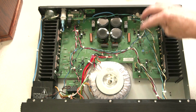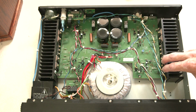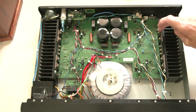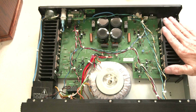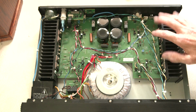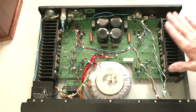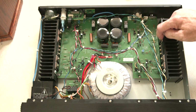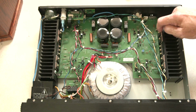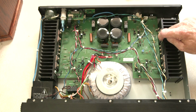Your signal comes in, goes through its amplification stages, and out to a set of, in this case, the BJTs, 4 BJT output transistors. They have to be mounted to a heat sink, because they'll get hot, and you'll have to draw the heat off the transistor, or of course you'll burn it right out. So these aluminum heat sinks soak the heat up and transfer that heat very quickly. There are very important transfer pads here that allow the heat to be transferred very quickly from the transistor component itself